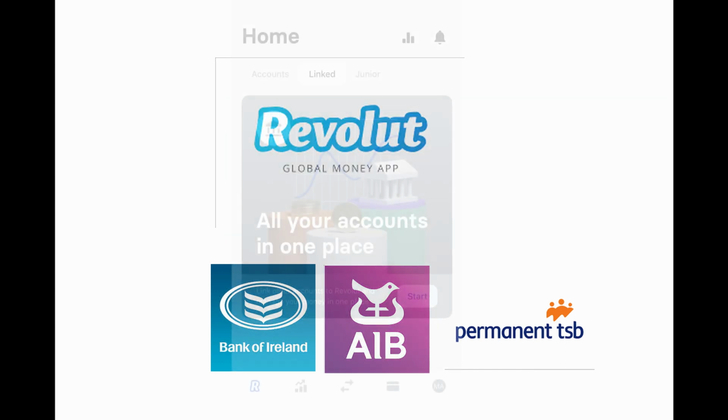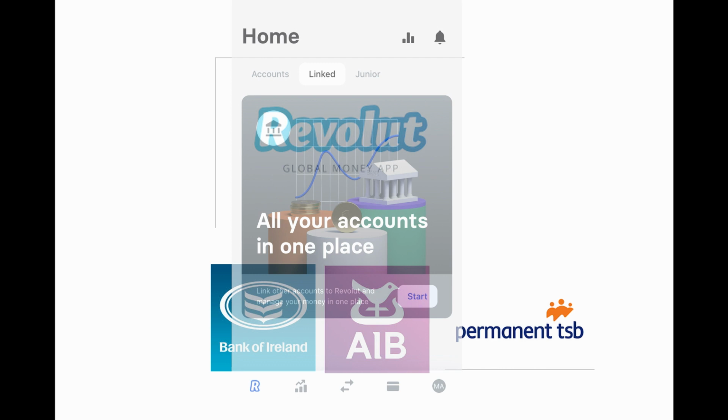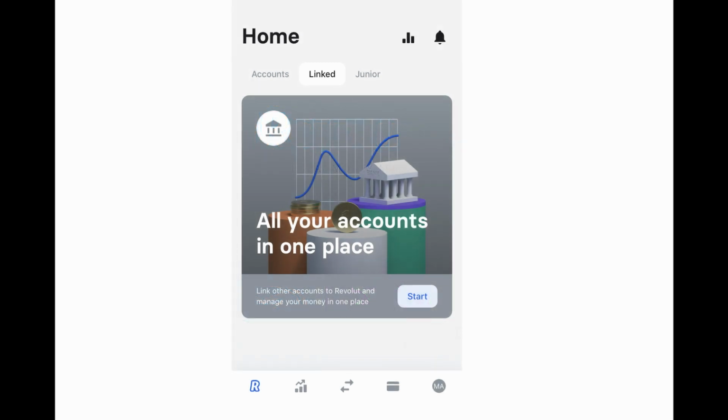Imagine you have one single application where you can see the balances of all your accounts, the transactions, and all the details. Yes, in one single application. Well, now you can actually do that thanks to Revolut. In the first part of this video, I'm going to show you how to add a Bank of Ireland account